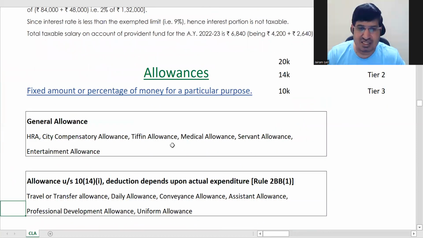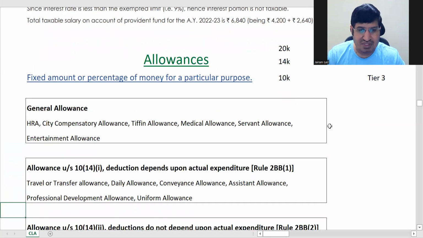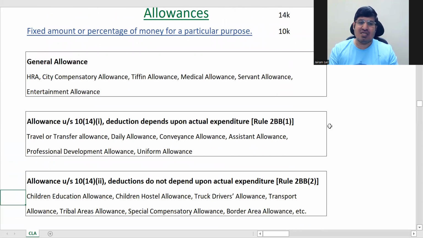Then next is tiffin allowance, of course, for eatables, medical allowance, servant allowance and entertainment allowance. We'll be discussing all that. And then come the special allowances. There are two sections here: 10(14) subclause 1 and 10(14) subclause 2. So in 10(14)(i),